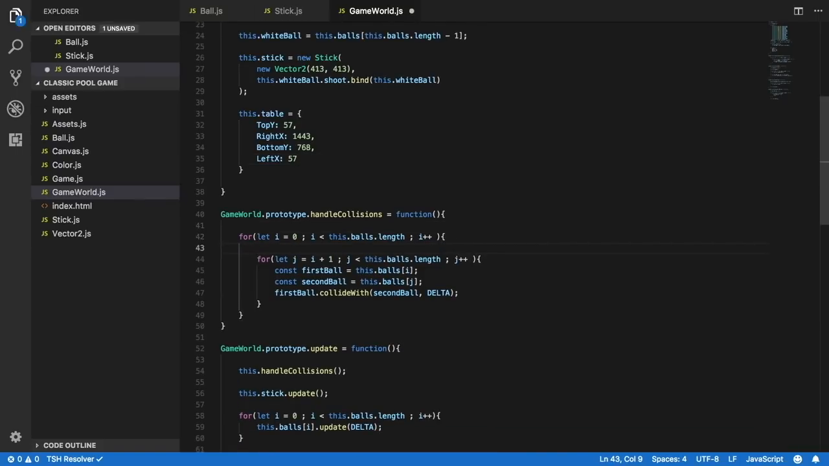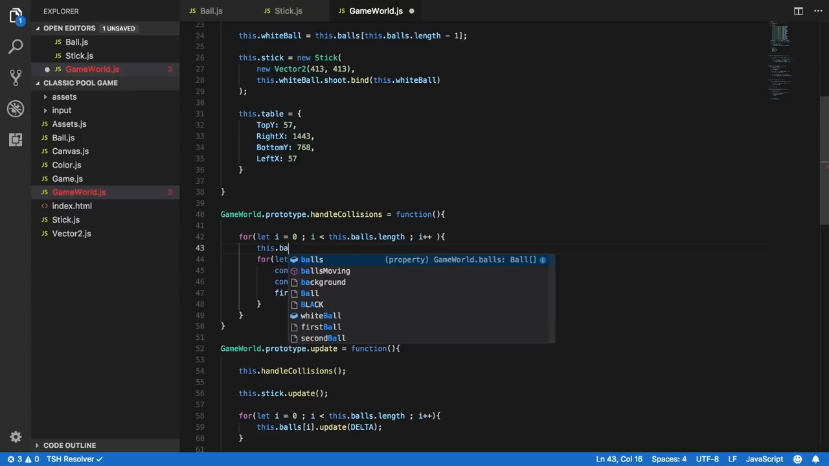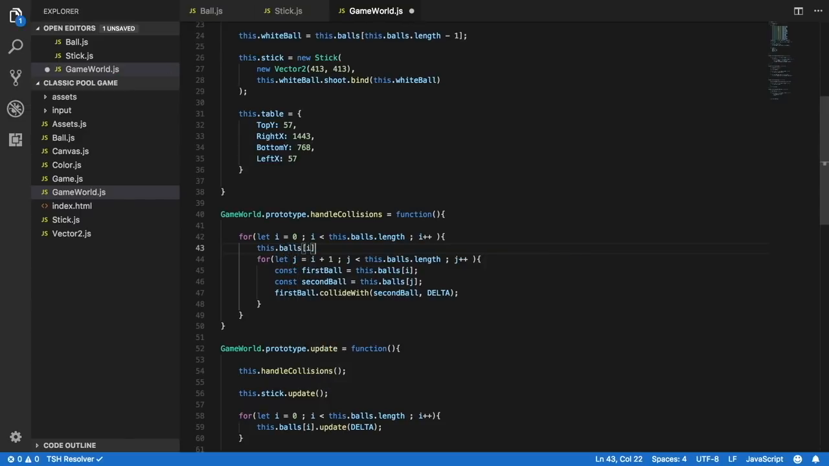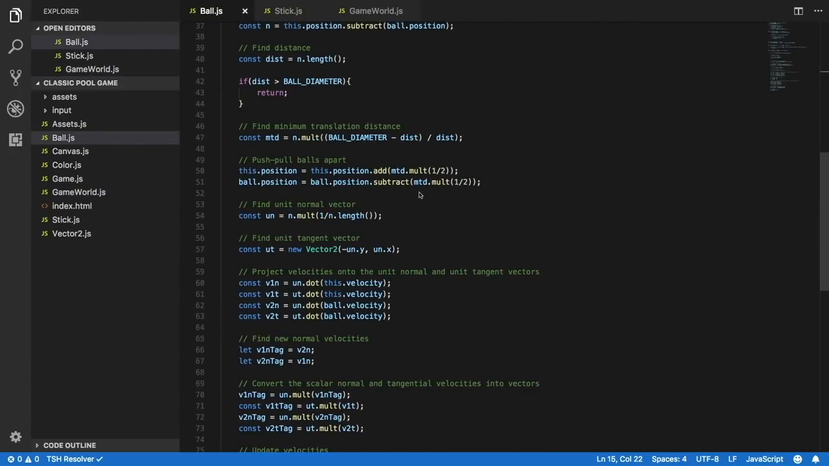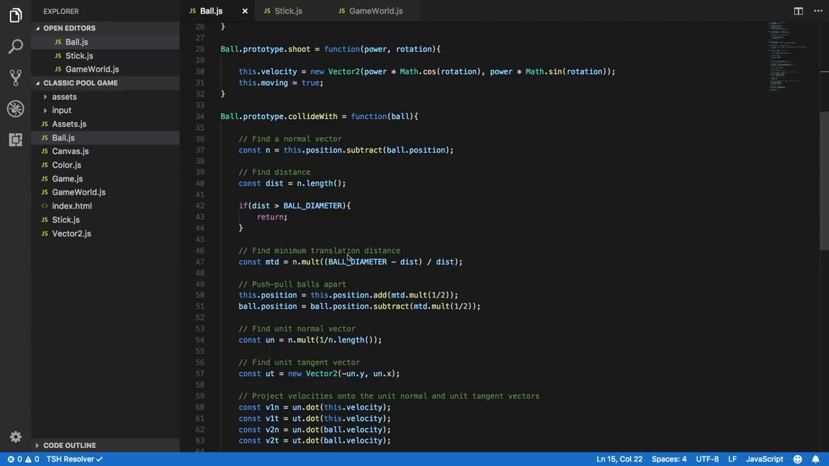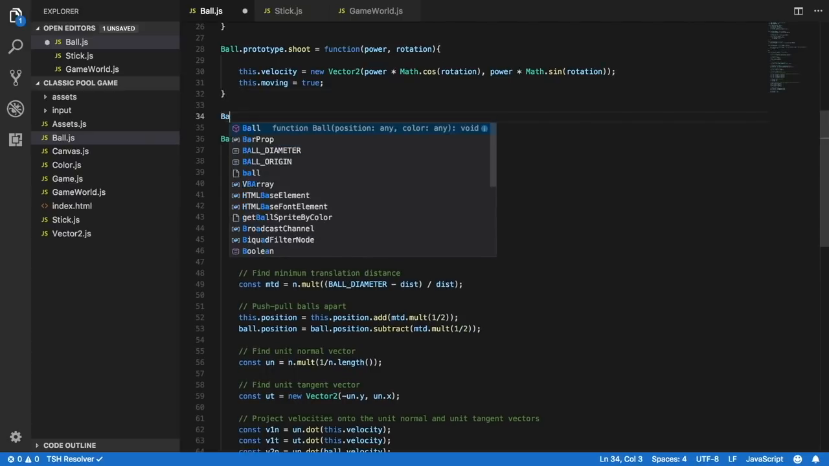Now inside the handle collisions method, inside the first loop, I want to write something like this.balls[i].collideWith, and instead of sending a ball, I want to send a table, the table that we created. So in order for that to work, I will create two more methods inside the ball class. And the first one I will call